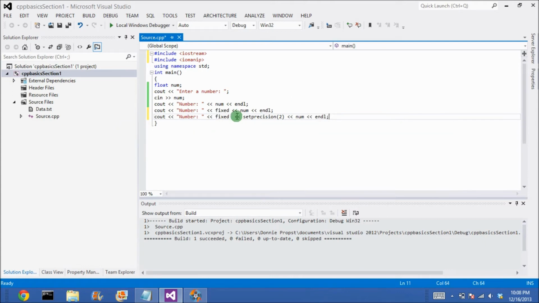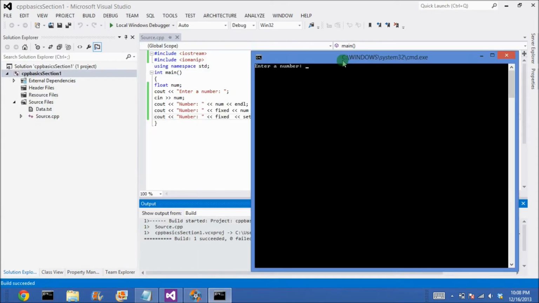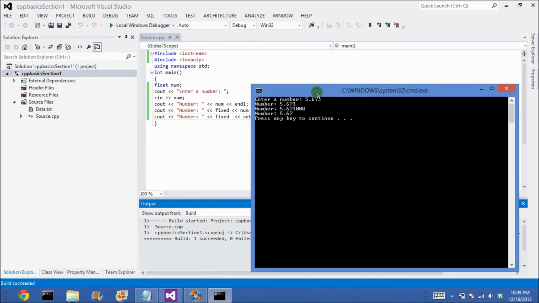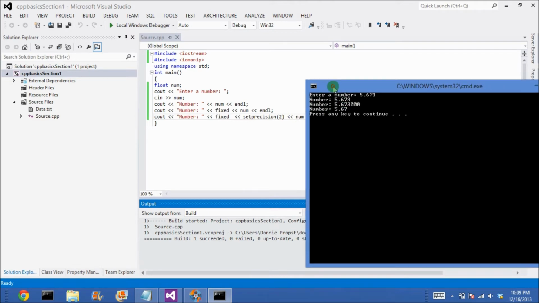Okay. Now I'll run this and I'll actually use a decimal number, not just a 5. So I'll do 5.673. And as you'll see here, the first one, since it was a float value, displayed the entire number. The second one was displaying it out to 6 spaces after the decimal. And the third one, since we were using a set precision of 2, only showed the first 2 following the decimal. Okay, that's going to be it for fixed